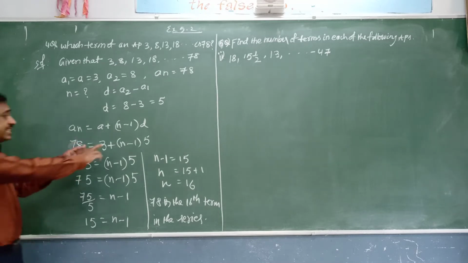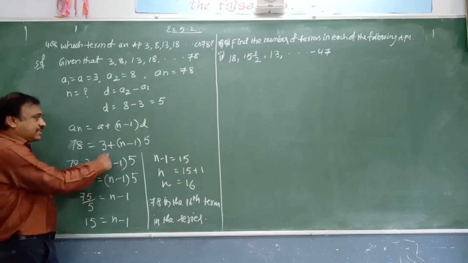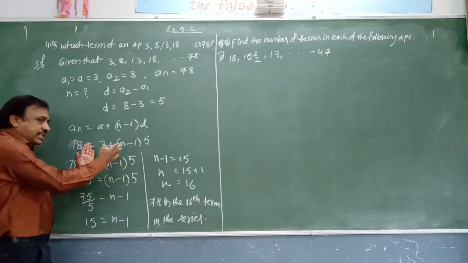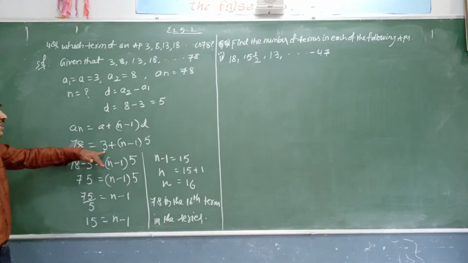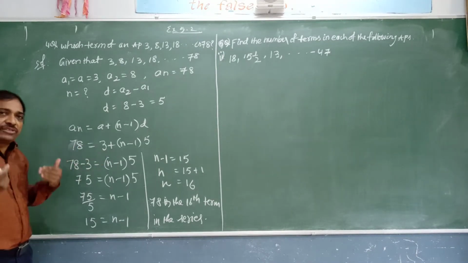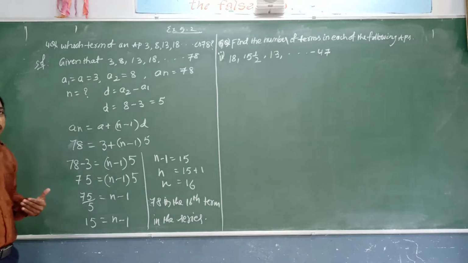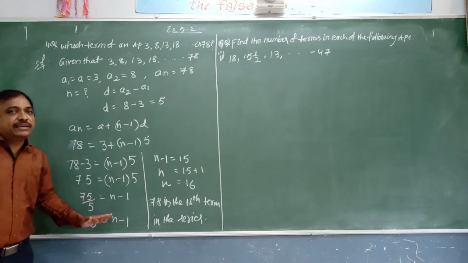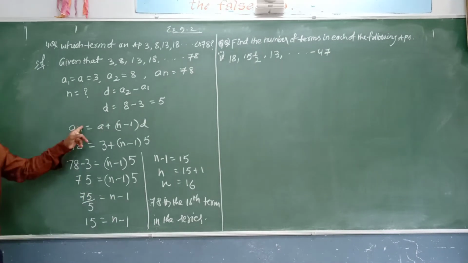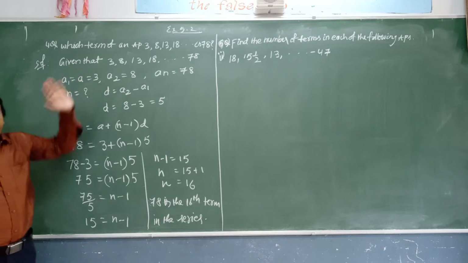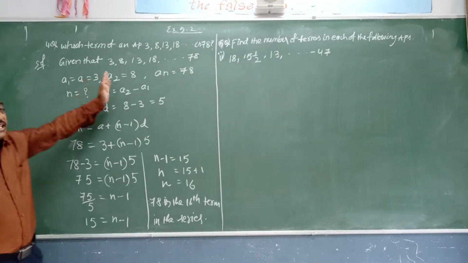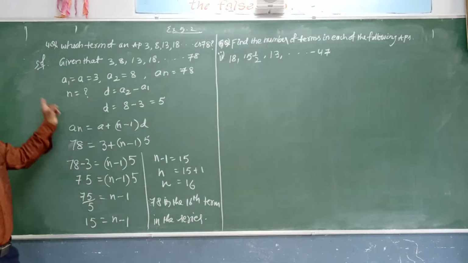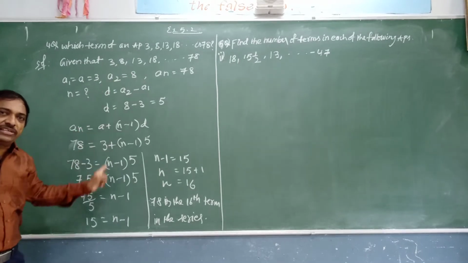Do you understand? There are two ways you can do this. You can multiply 5 into n and 5 into minus 1, which gives minus 5, simplify, and then transpose. But the easiest way, always when solving an equation, is to try to reduce the values so that the calculation will be very easy for you. Do you understand how to obtain which term? Even if the question is different, for example, is 78 a term of the arithmetic progression, or which term of the arithmetic progression, you have to apply the same method.